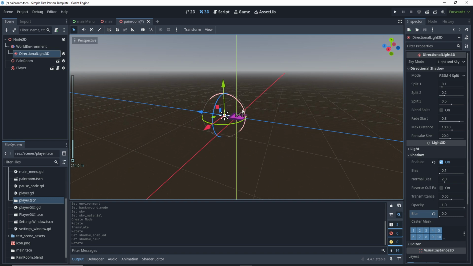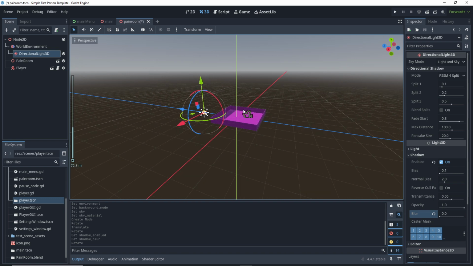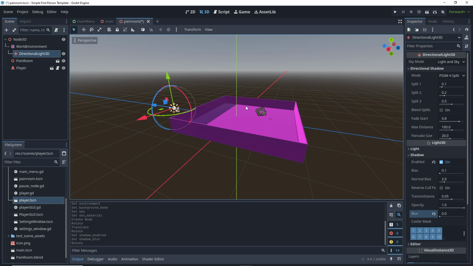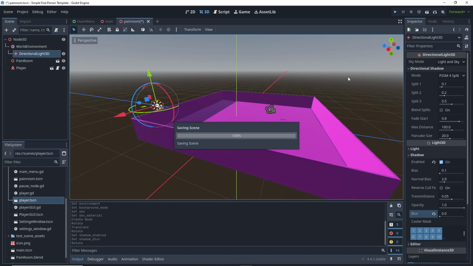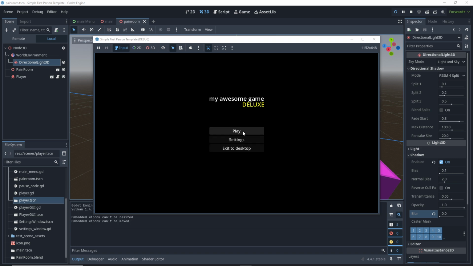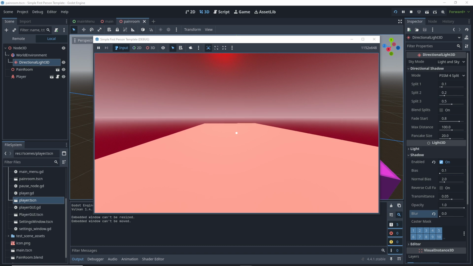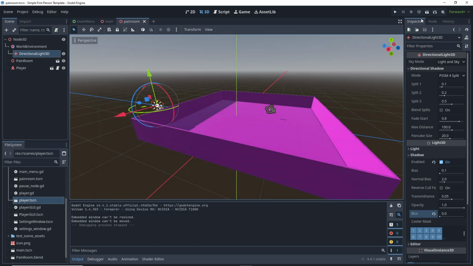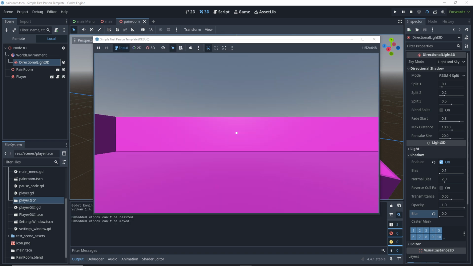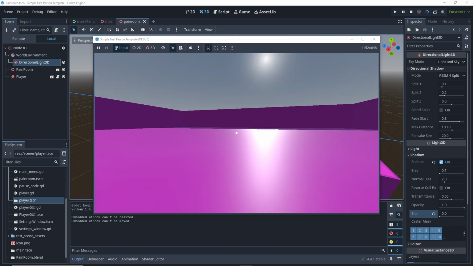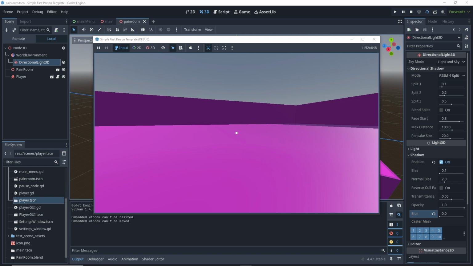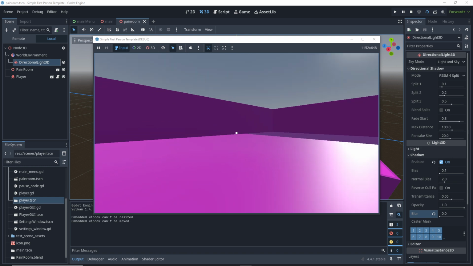Notice if I zoom really far, the shadow disappears because it doesn't calculate shadows for a whole scene when we're really far away. So now I play it, and we'll see just this because we haven't put that scene there. We don't have a way to get to that scene yet. If I play just this scene, there we go. We have our room, our pane room as it's called, and we can jump on it, the collisions and everything